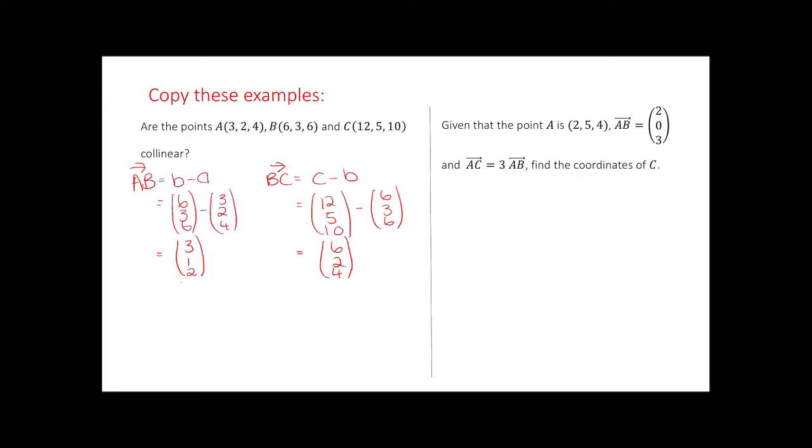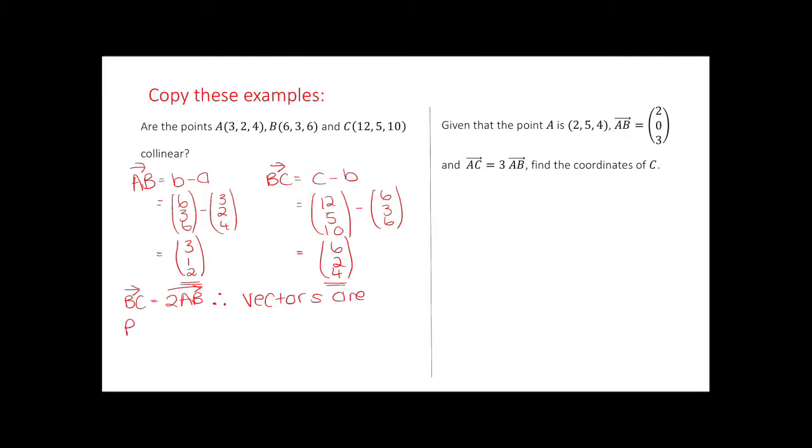If you look at the vector AB and compare it to BC, what you should be seeing is that the vector BC is twice the vector AB. So if we multiplied all the components in the vector AB, we would get to the vector BC. So AB times 2 gets us to BC. So this would mean that our lines are parallel. So BC equals 2AB. Therefore, (remember the little dots for therefore) vectors